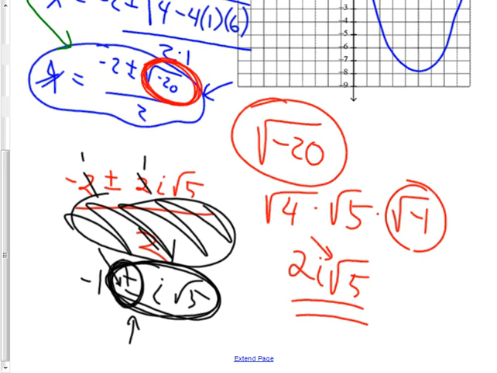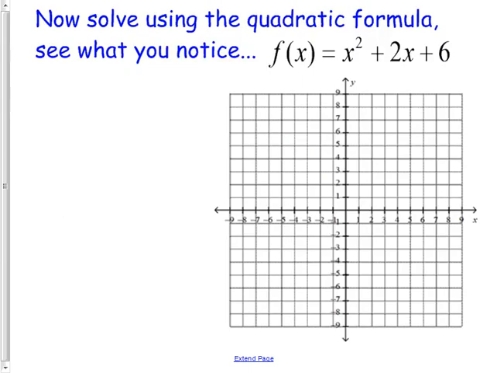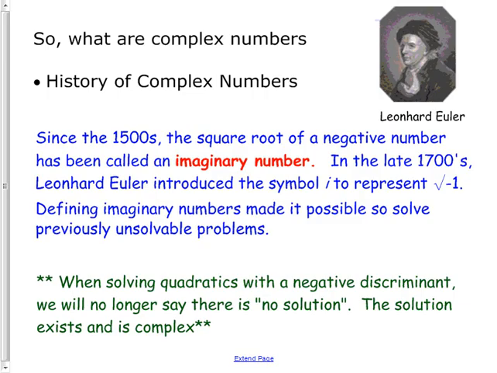Okay, so let's move on to the next thing. Everybody take a look at this. Oh, wait, talked about that answer already. Leonard Euler's the one who gets the credit for imaginary numbers. He figured out a way to do it. He introduced the symbol I to represent square root of -1, and